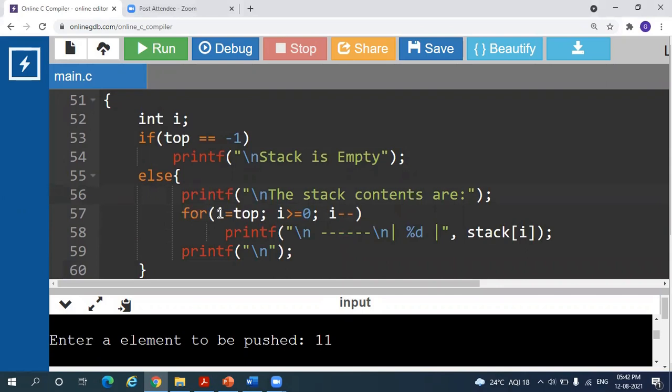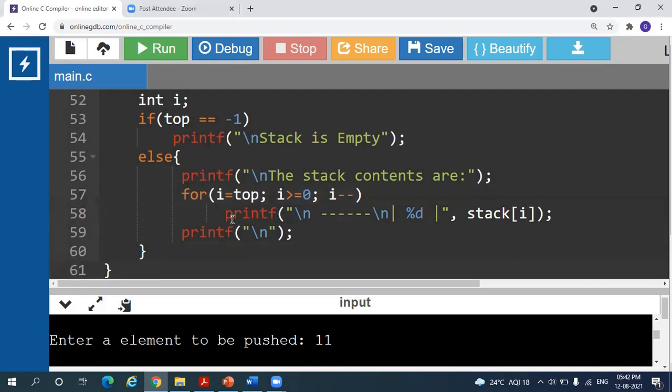Then for i is equal to top, i greater than or equal to 0, i minus minus. So first we'll write the recent element that we added. That's why we are using a for loop from top to 0 here. We are decrementing here, right? So first element will be the recent element, and then comes the very next element.